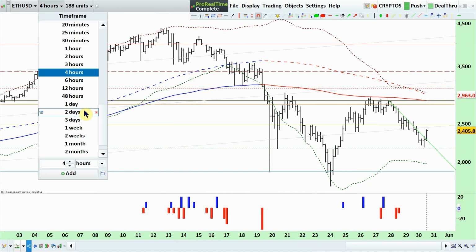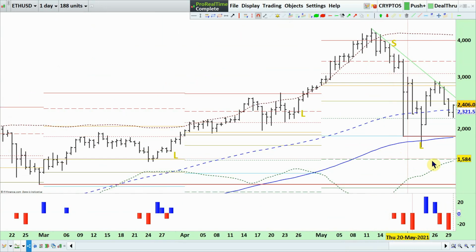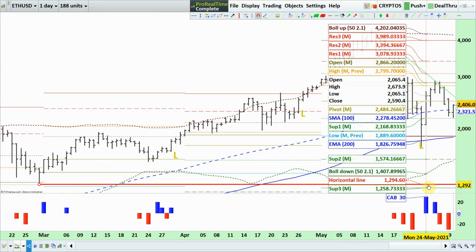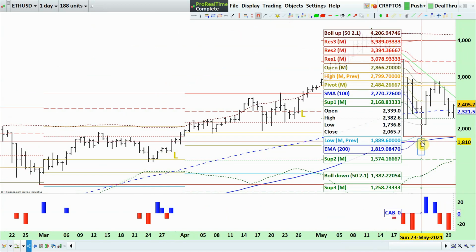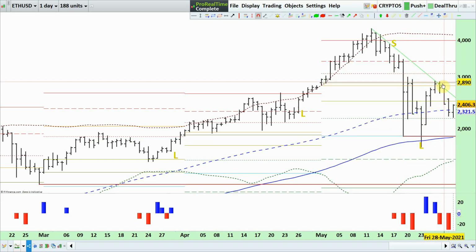If you go to a daily chart, you got long from here, which is absolutely at the bottom, but before that we got a bounce on the 200. So when we become professional, we buy at 1826, or whatever the reading is, 1819 for the 200 moving average. If you purchased at 1819, now you are at 2404. Actually in 3-4 days it went from 1820 to 2820. I remember that. So that's 1,000 pips in 4 days.